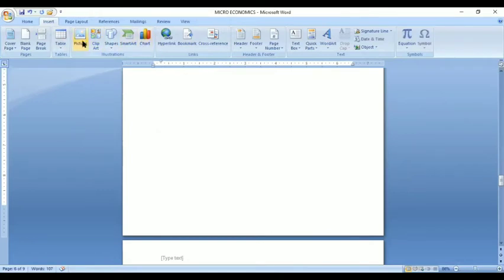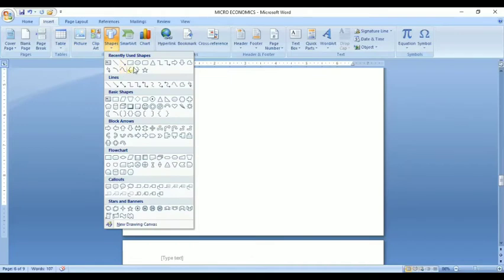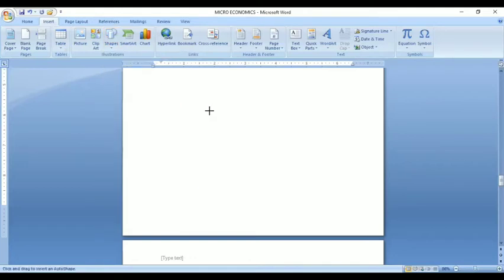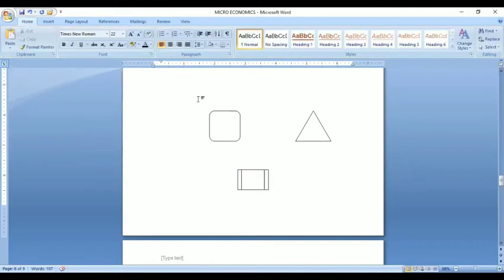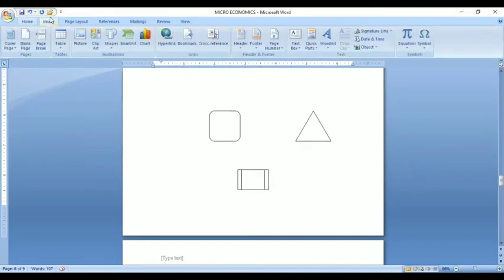Okay. Next is Shapes. See, we saw all these shapes now in the picture itself. If you want any shapes, you can put the shapes. You can apply some color, you can type some points here. Different pictures like that, four or five shapes you can put. See, shapes have been given.